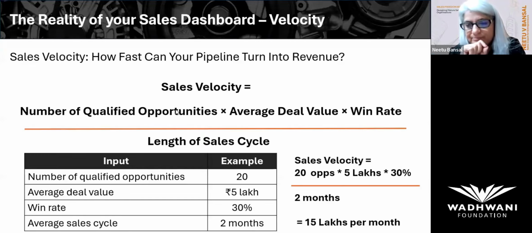Now, if this company's target is 1 crore per month, what does it tell us? Will they be able to achieve 1 crore? No, based on this, they'll achieve only 15 lakhs. So understand this: at the very beginning of the month, they know they'll not achieve 1 crore, because this is what the numbers are showing. Now they have the rest of the month to improve.